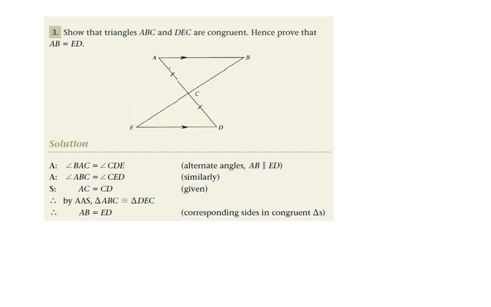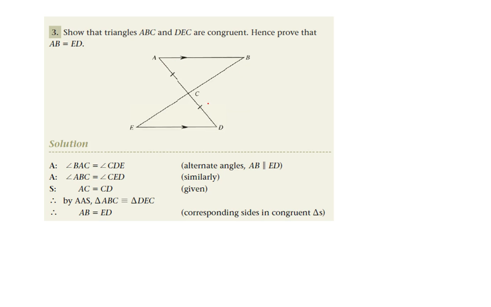So angle A there is equal to angle D. They're alternate angles. Angle B is equal to angle E. They're alternate angles as well. And angle ECD, that's that angle there, is equal to angle ACB, and they're vertically opposite angles. So there's a lot of information there, but we've just got to decide which ones we want to use. In this particular solution, they've used AAS,